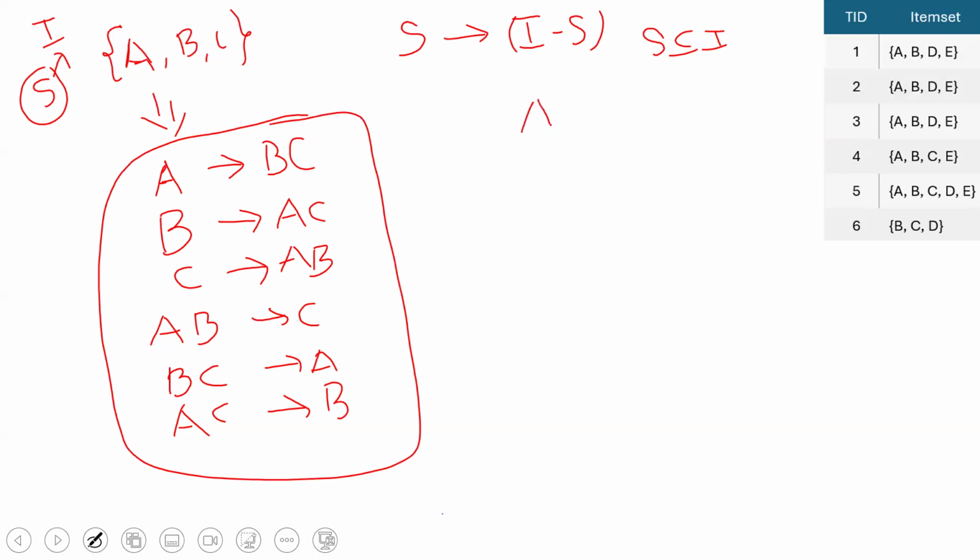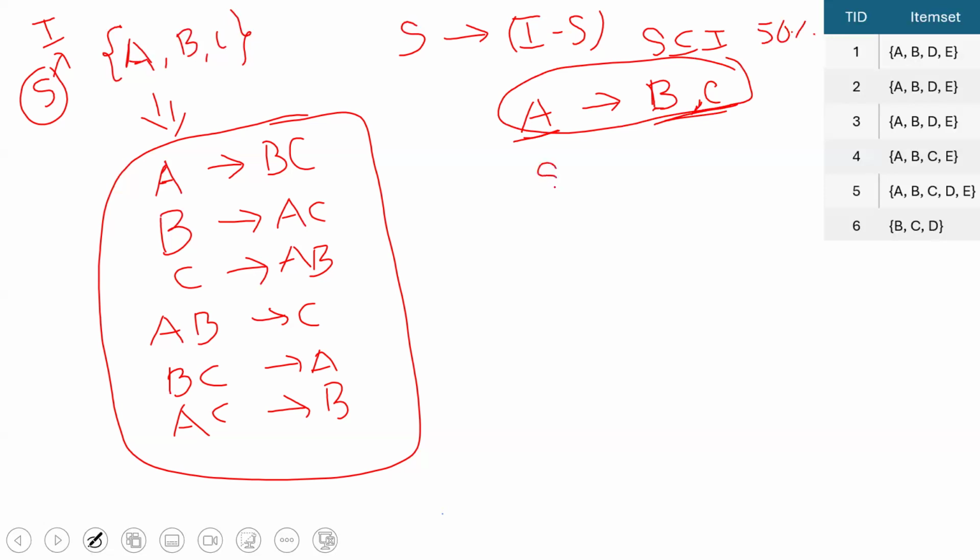That means if product A is bought, there are high chances that products B and C could also be bought. Okay, this is association rule 1. If A is in the basket, there is high probability that B and C will also be in the basket. Now you have to calculate the confidence of this association rule. If you have the threshold of 50% for this confidence,